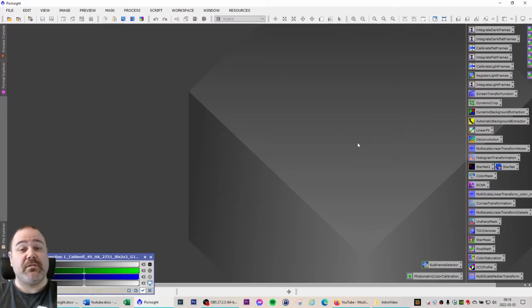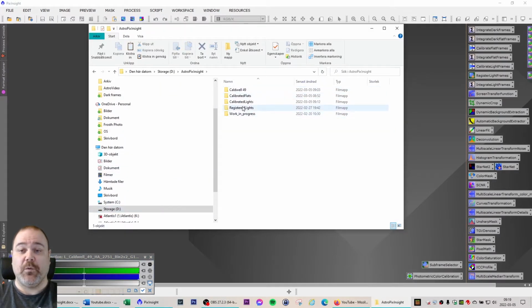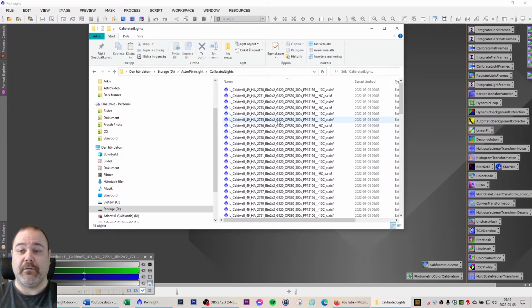We then used the master dark flat frames to calibrate our flat frames, again, one for each filter. We then used the master flat frames to calibrate our light frames, also one for each filter. And then we ended up with a folder here with calibrated lights,